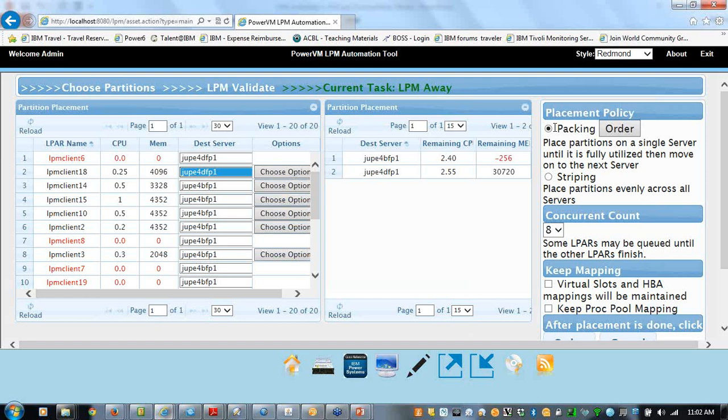The default algorithm is find the server that's using the most CPU first and put that on the top of the list and pack it first. And then we find the next LPAR that's got the next biggest CPU and we pack it second.